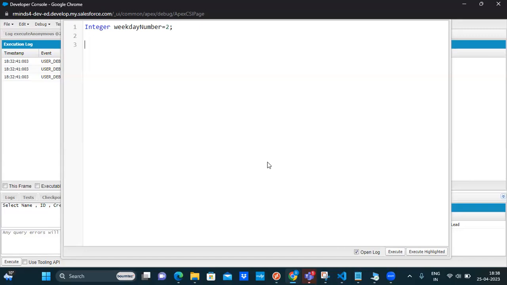Okay, then write our switch statement. Switch on. So here it can be a condition or it can be a variable. So I'm going to use the weekday number, and I'm opening my switch statement. Okay, when 1, it's going to be